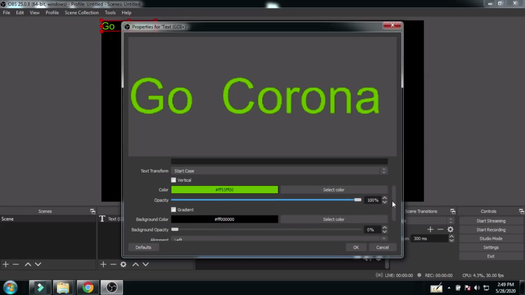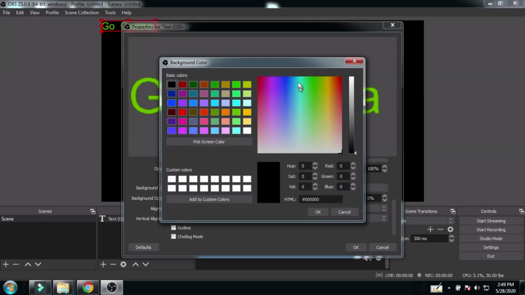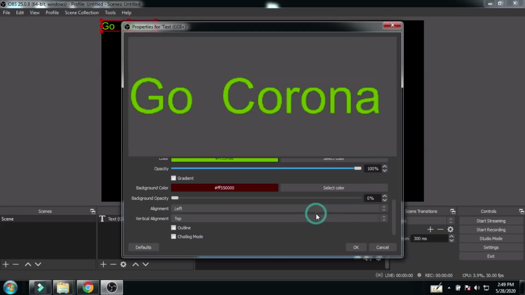Now, background color is another option. So go to select color, initially this color, select any color of your interest, click on the OK button. Now check the background opacity.